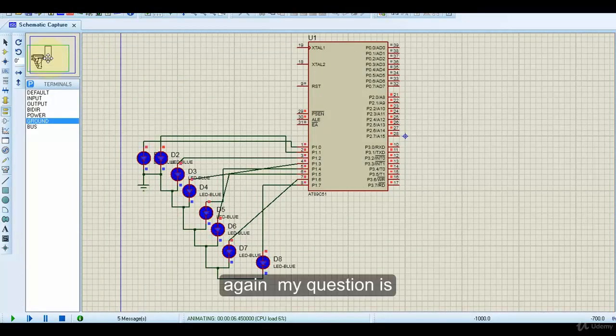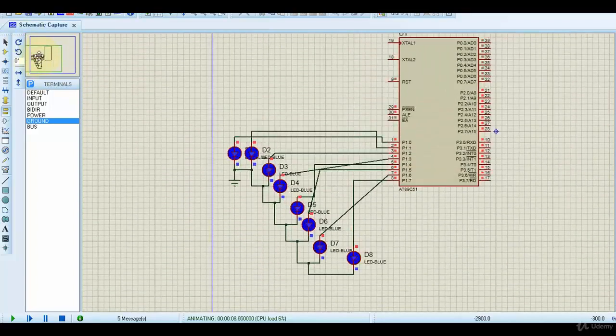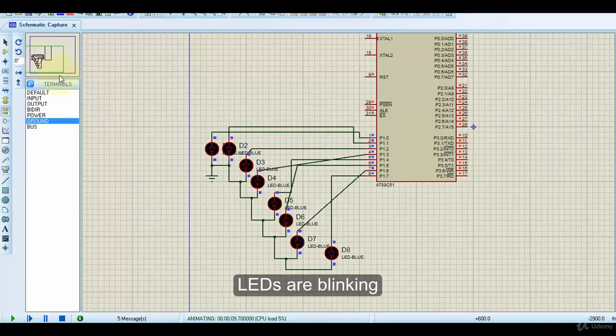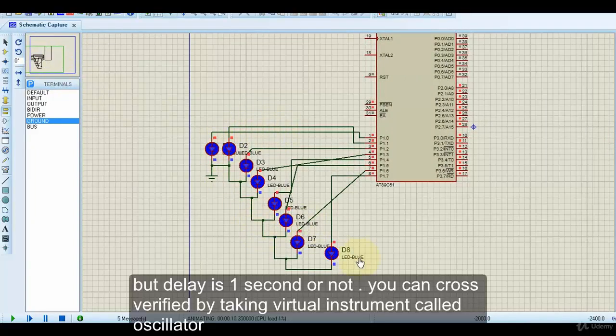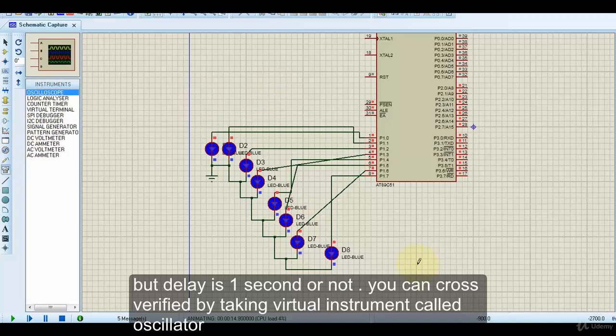Now again my question is, the LEDs are blinking, but whether this delay is 1 second or not. Again you can cross verify it by taking the virtual instrument called oscilloscope.